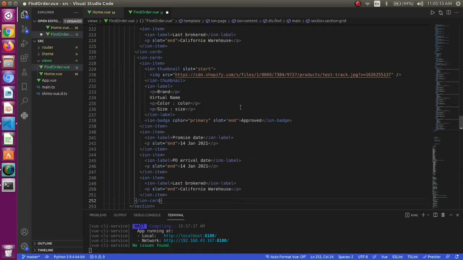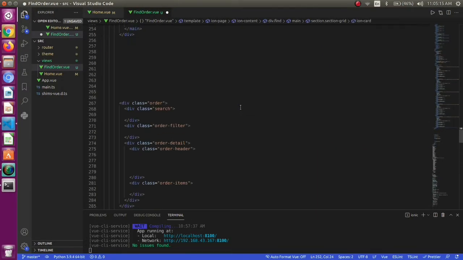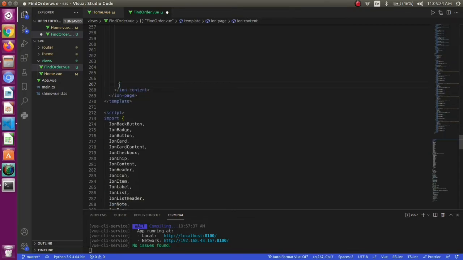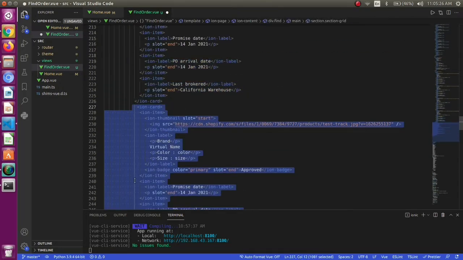We can loop these cards using the for loop that I will be doing afterwards. For now, let's just copy the hard coded cards and paste it